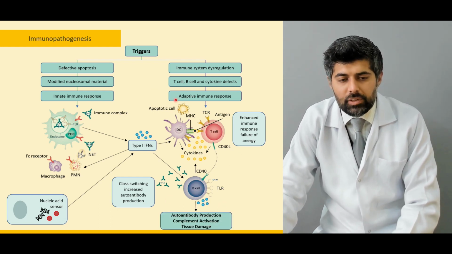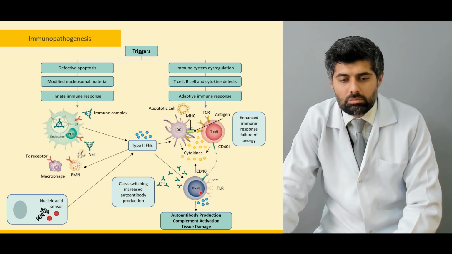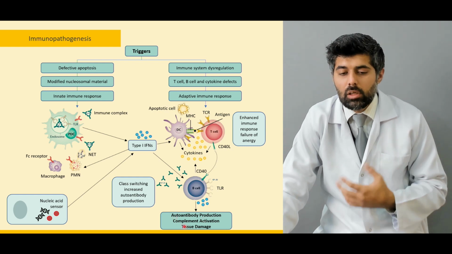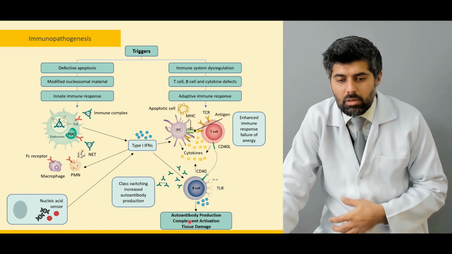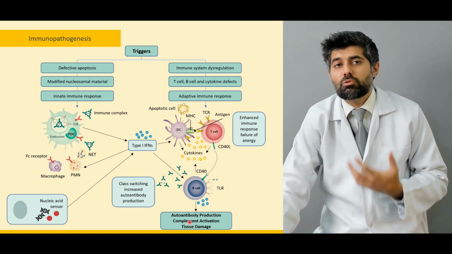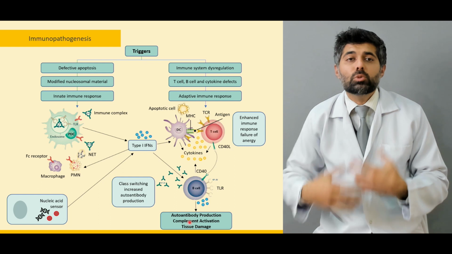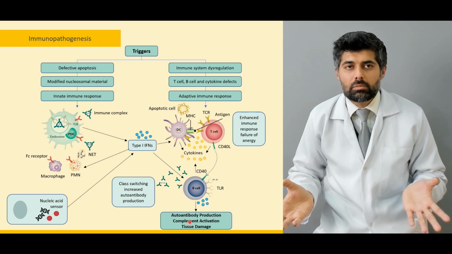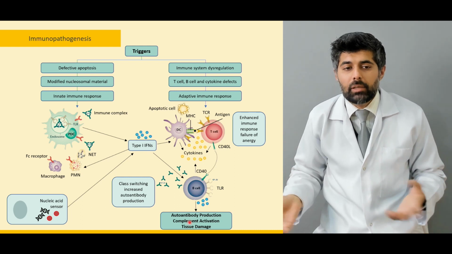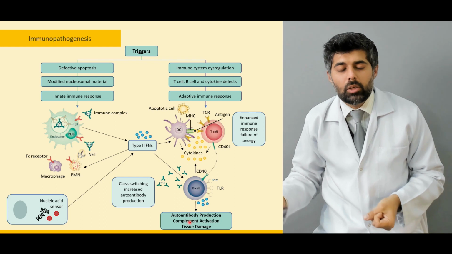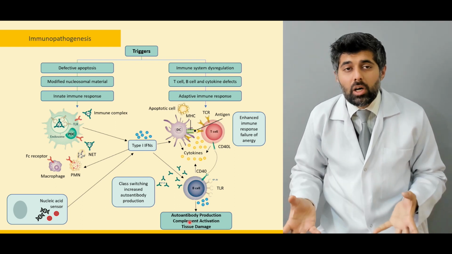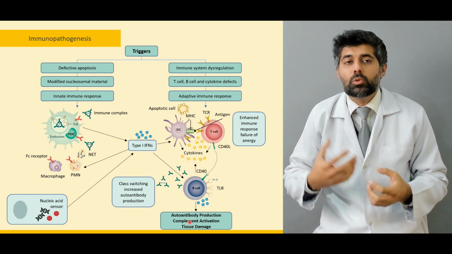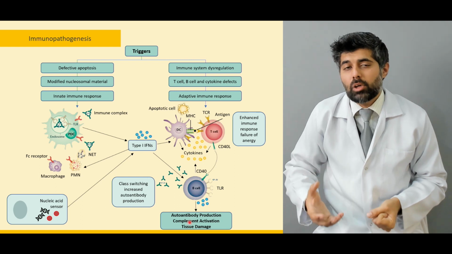So, all of this starts to result in autoantibody production, in the complement system activation, and then ultimately tissue damage. To summarize, the immunopathogenesis of SLE has two triggers because there are two types of immunity, the innate and the adaptive one. Both are triggered, both are activated, and both start to give rise to the increased upregulation and